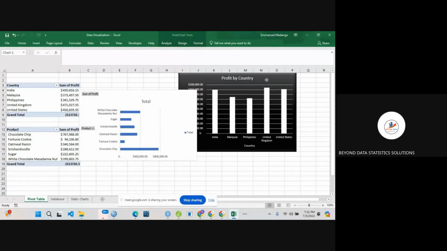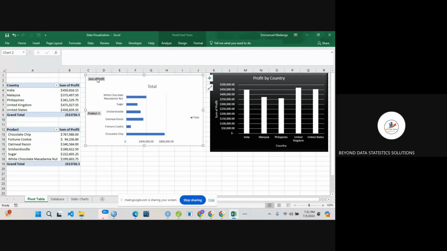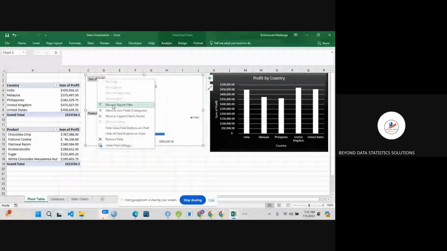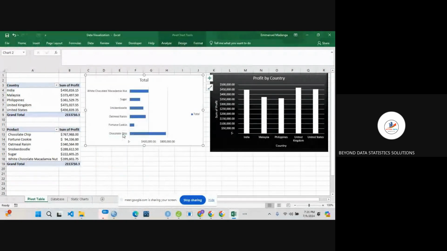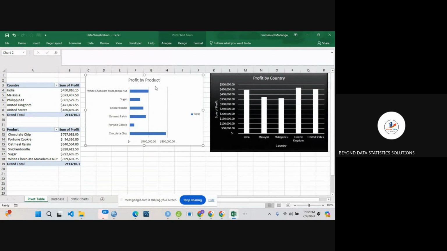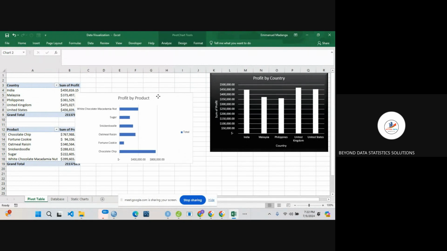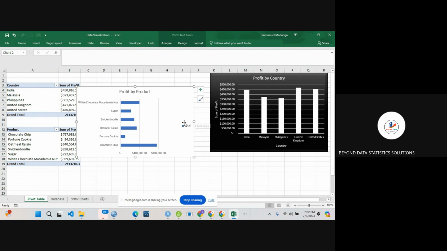So I'll just drag this aside so that I can create room for this one. So I'll right click on this and hide all field buttons. Give it a title. My title is Profit by Product. So maybe sum of profit by product anyway. Then we say that the orientation for this chart is focusing on horizontal orientation. So we just have to ensure that we remove the legend here,